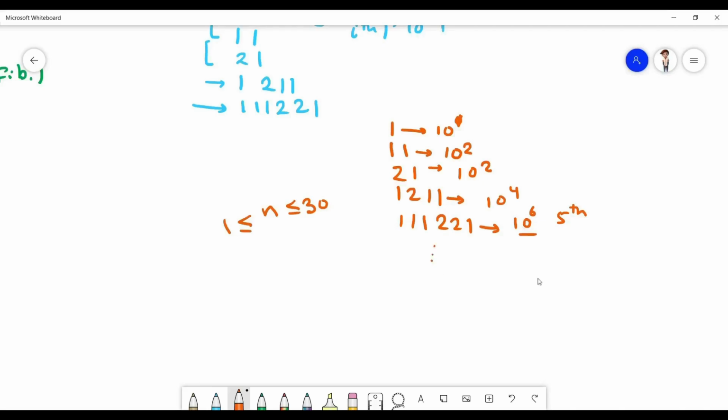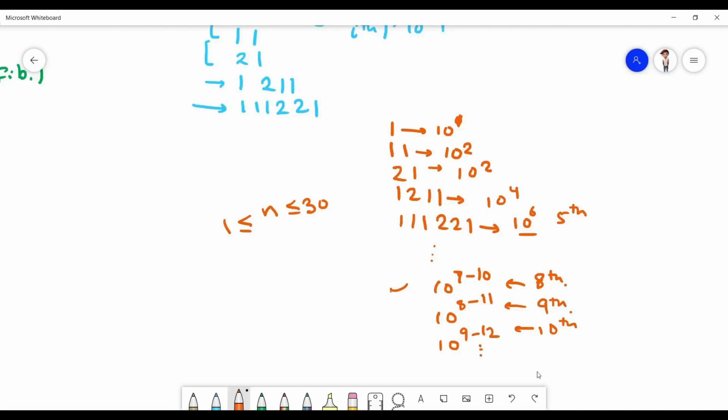Similarly, when we go to some eighth term, it is possible that we get 10 raised to the power 7 to 10 raised to the power 10 as the upper bound. For the ninth term, it is possible that we get some value 10 raised to the power 8 to 10 raised to the power 11. For the 10th, 10 raised to the power 9 to 10 raised to the power 12.